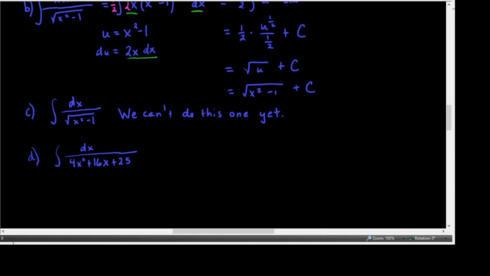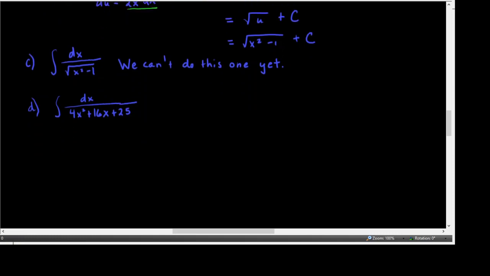So this one can't use U substitution because our du would be 8x plus 16. There's no way we can get 8x plus 16 in the numerator. So I'm thinking of what we said earlier. I might want to complete the square. So what I'm going to do